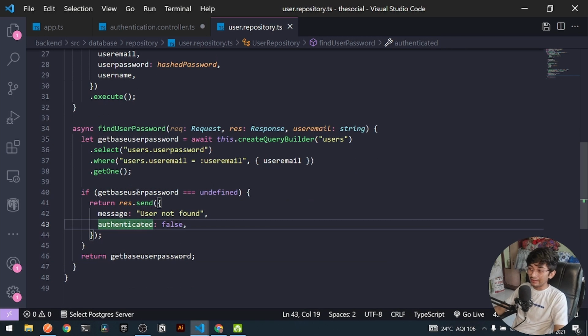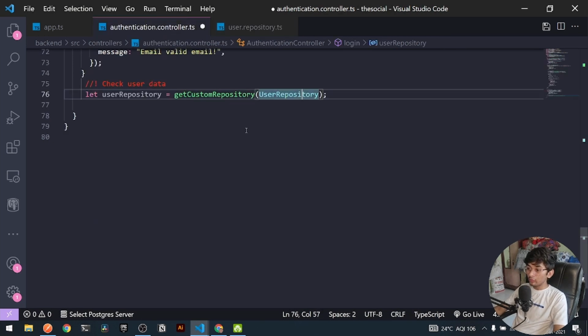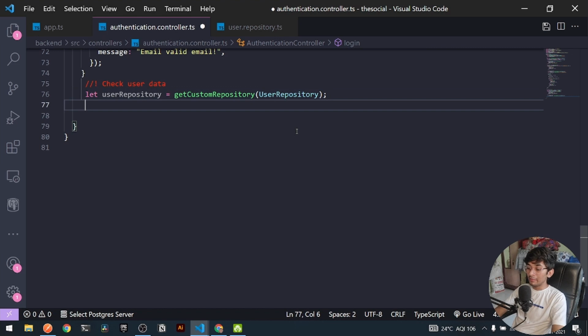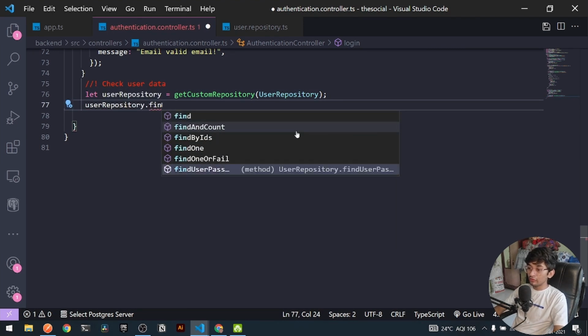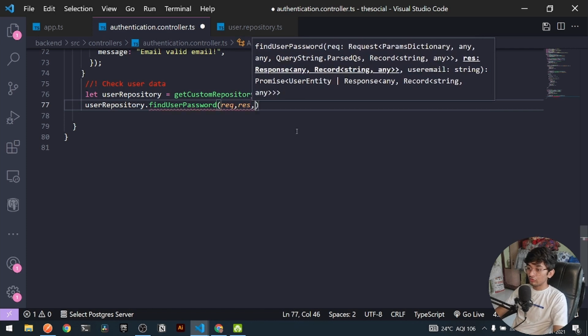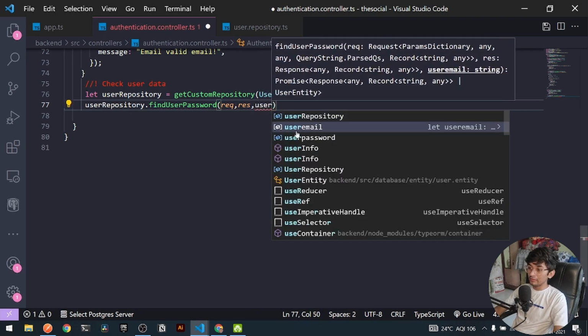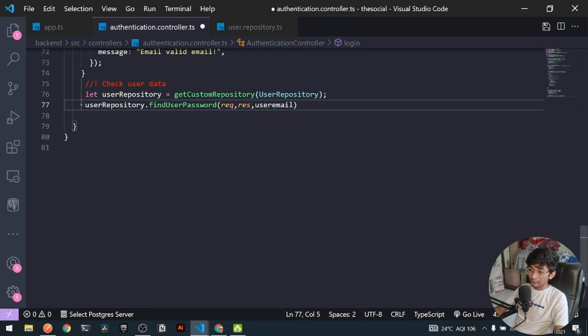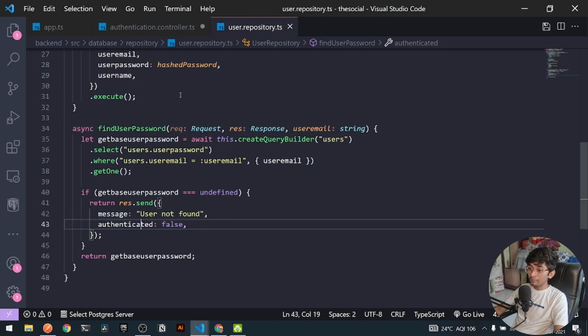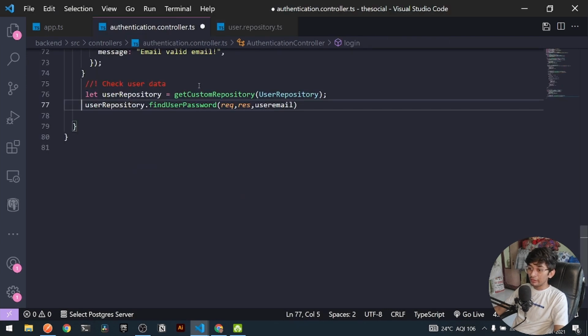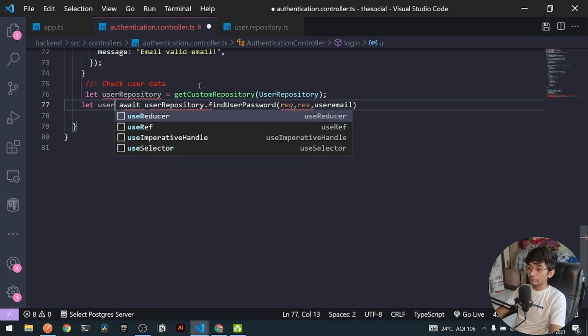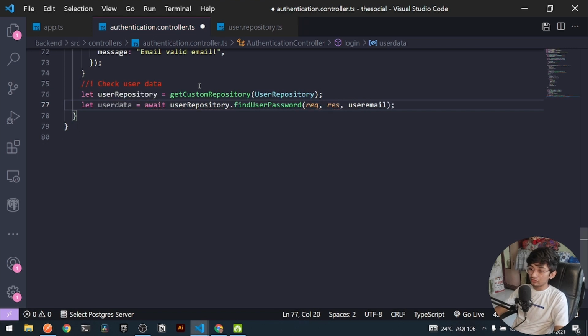So let's try it out. For trying it out, I can go back and I can use the following method of userRepository.findUserPassword. It will be requiring a request, response, and also a user email. This will be returning us new data of the getBaseUserPassword, so I can await it first, right? And also I can say let userData should be equal to this thing.